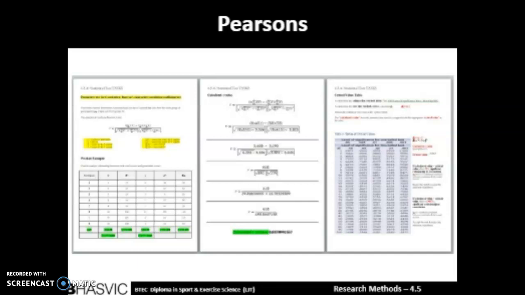Then once you have found this, square all the sums of x. Once this is done, you are required to find y, and like with x, square all the sums of y, and then find xy, which is x times y. Following from this, you then need to add up all the columns apart from the participant one, where you need